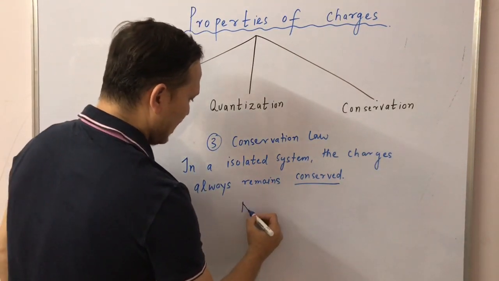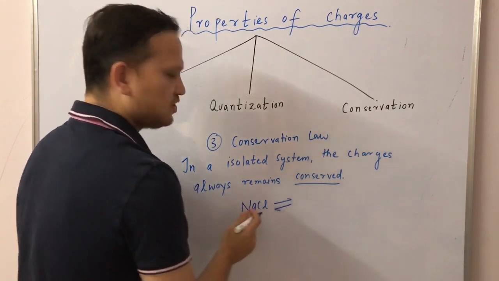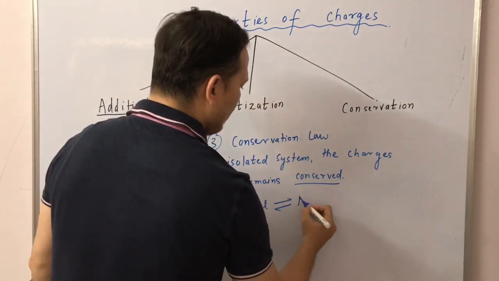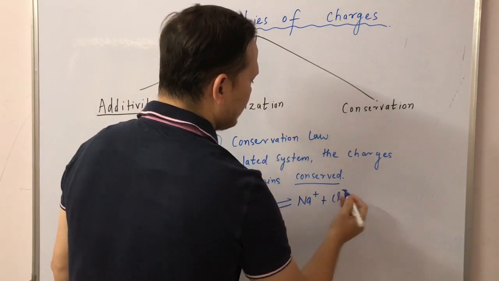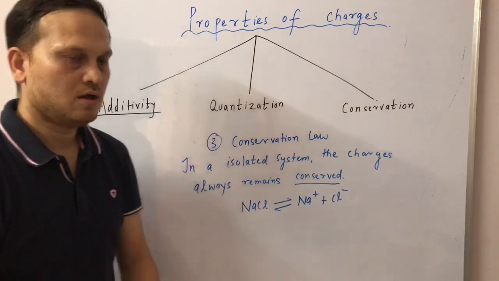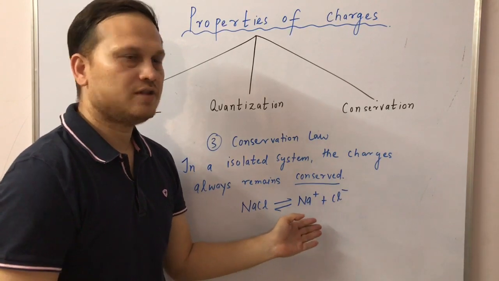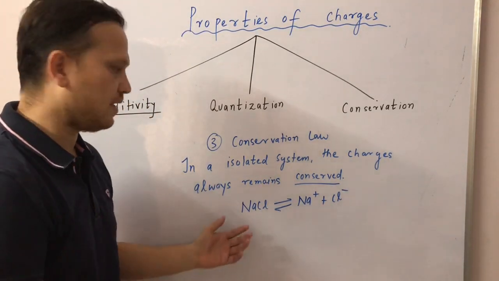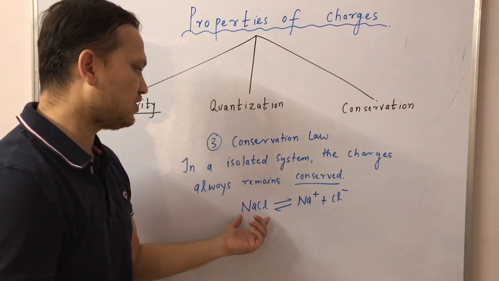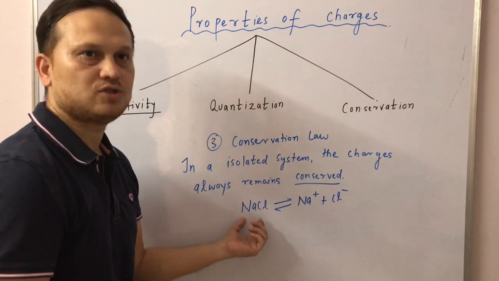Suppose I have NaCl. If ionization of NaCl is done, we have two ions, that is the sodium ion and the chlorine ion, that is the positive and the negative ion. After ionization we get these two ions, but when these two combine, the reverse process gives NaCl. That means if there is ionization, they split, and again they add up and become neutral.